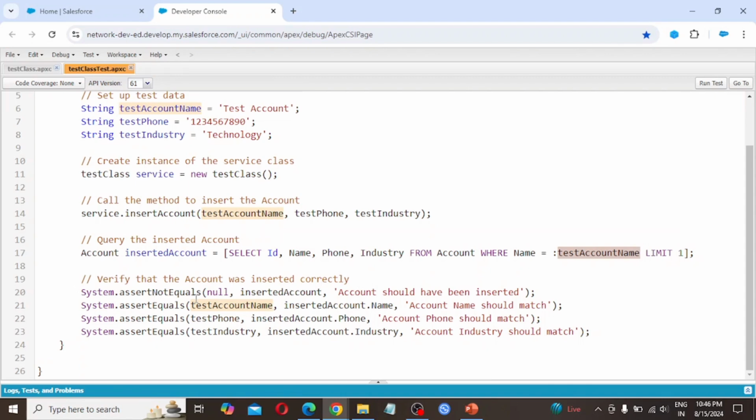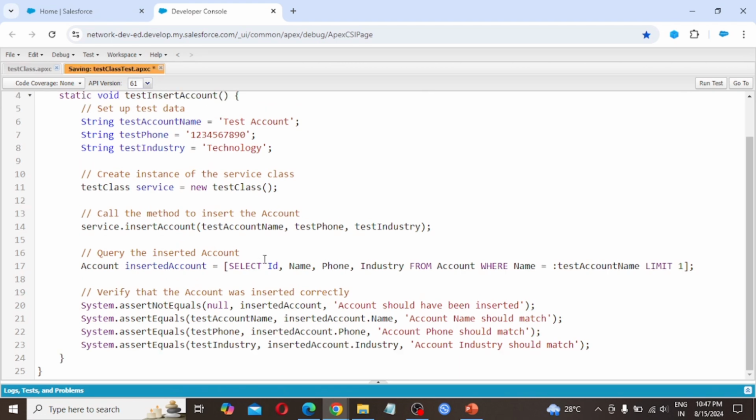System.assertNotEquals null, insertedAccount, 'Account should have been inserted'. Next, System.assertEquals testAccountName, insertedAccount.Name, 'Account name should match'. System.assertEquals testPhone, insertedAccount.Phone, 'Account phone should match'. System.assertEquals testIndustry, insertedAccount.Industry, 'Account industry should match'.